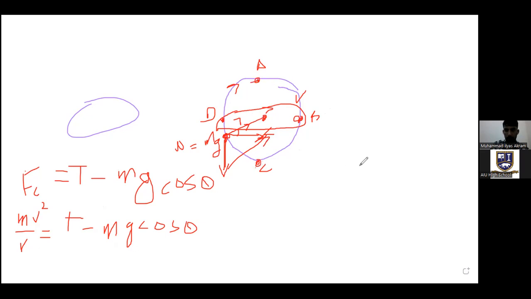And if we consider the point is at the highest point, having weight W and the tension T, we can say that the angle between tension and the weight will be lower. And in the case of the body at the lowest point,